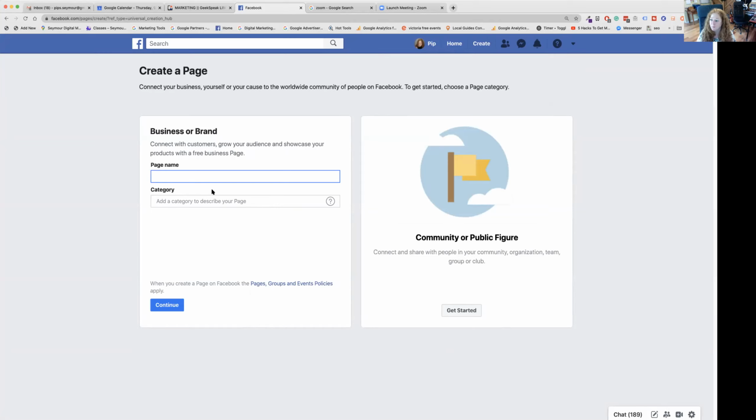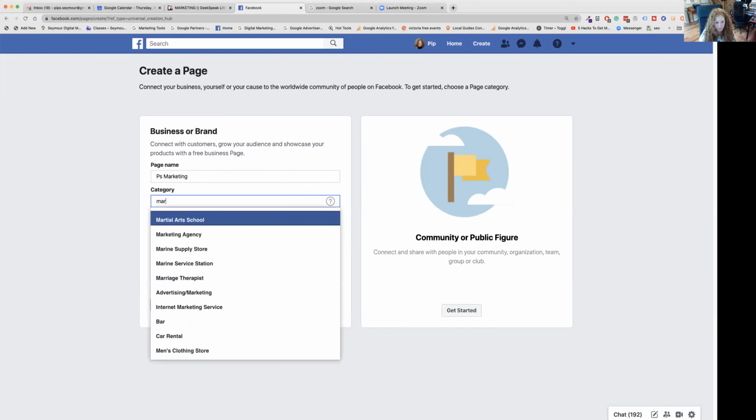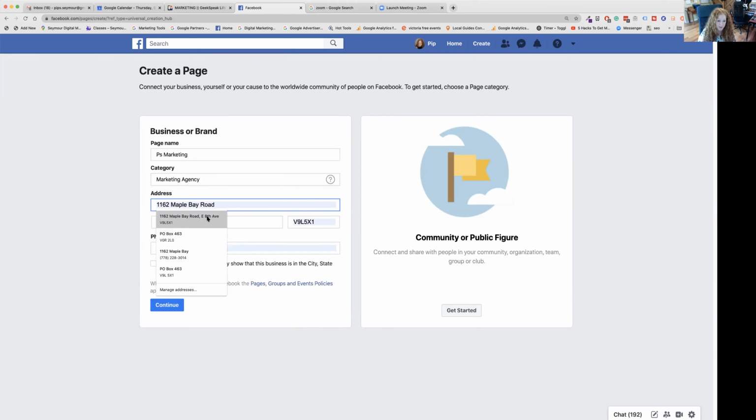let's think of something. We do soap making, but no. I wanted to create a marketing page and then I pick a category. You can hover over the little question mark and it'll tell you what. So you can start typing and you'll get the list of things you can choose. So we would do marketing agency and then we put in our address and